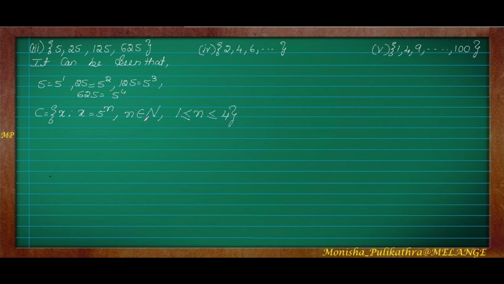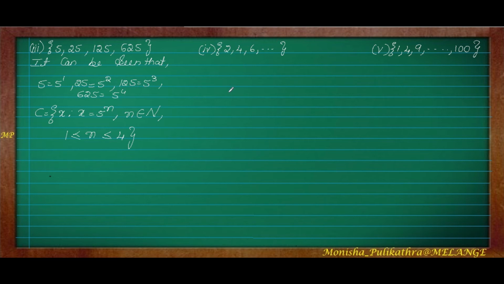I would have written a little bit lower here. Wait, I will write it a little lower. Here you have to write in a straight line itself, but because of the space constraint, I'm writing here. So n is greater than or equal to 1 and less than or equal to 4, because it starts from 1 and ends with 4.